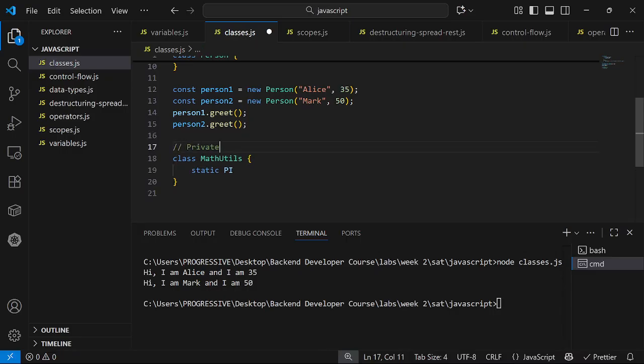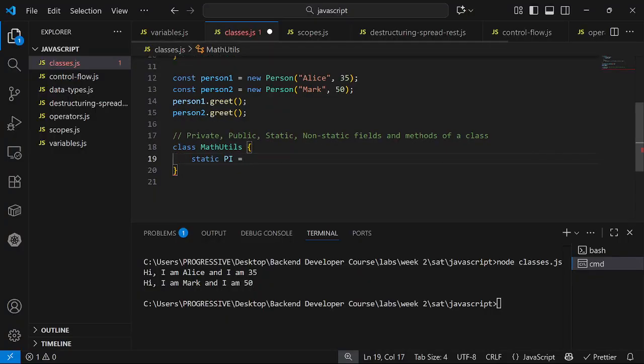So I want to talk about private, public, static, and non-static fields and methods of a class. All right, so let's do something like this: